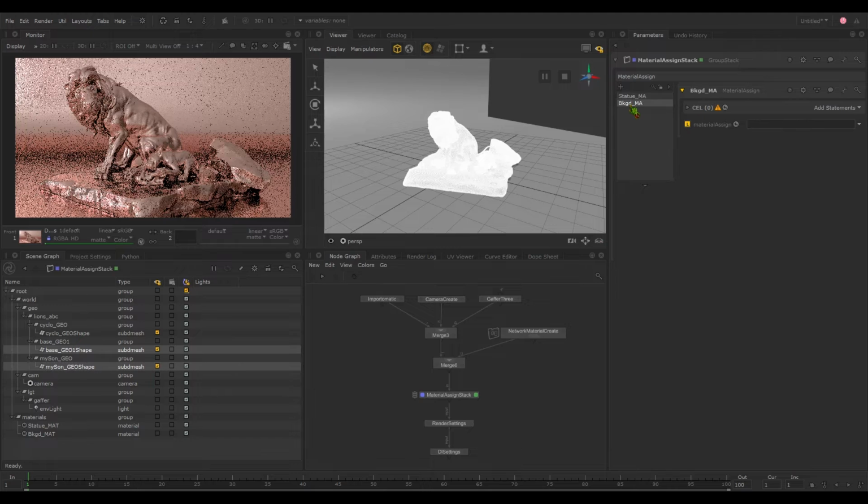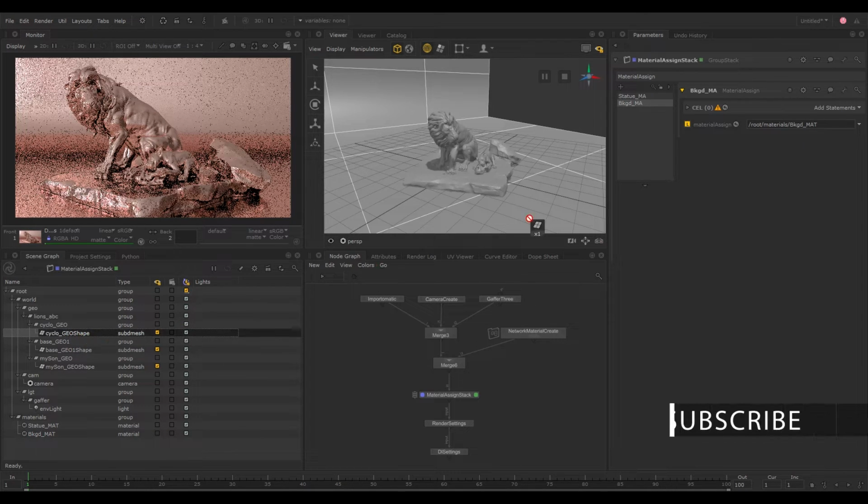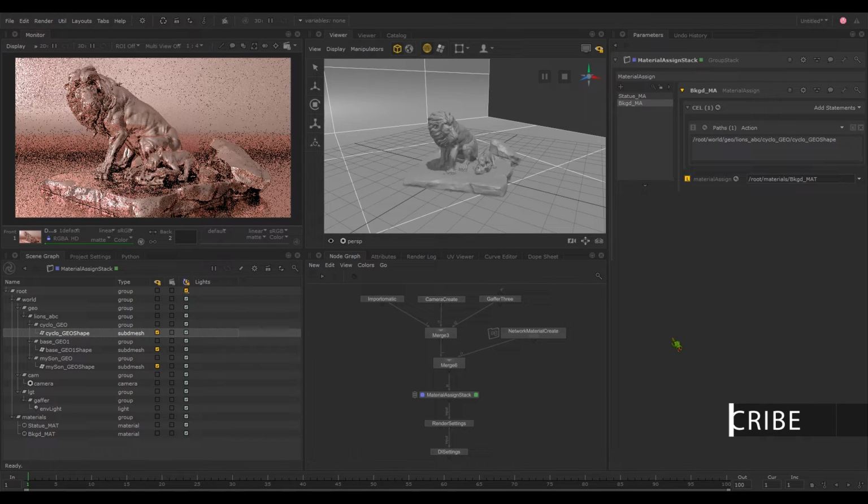Now click the background material assign. Do the same thing for that. Click background material, middle mouse drag to material assign. Select the cyclo shape, middle mouse drag that to add statements. Now everything is hooked up as far as creating materials, material assign nodes, and then reconnecting everything to the main